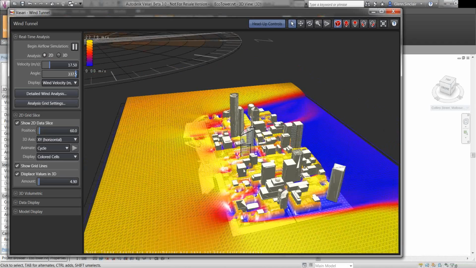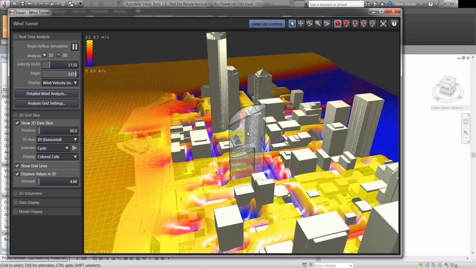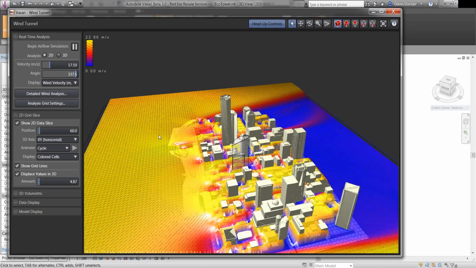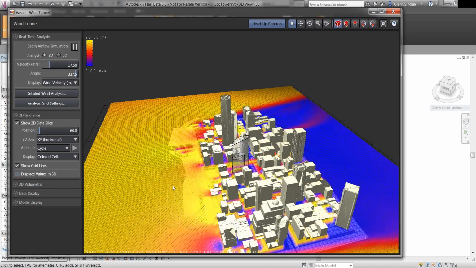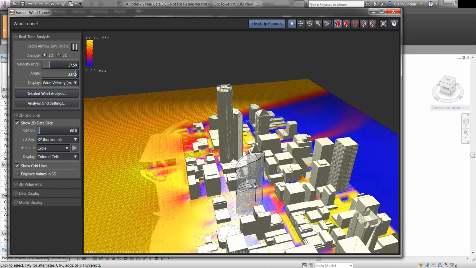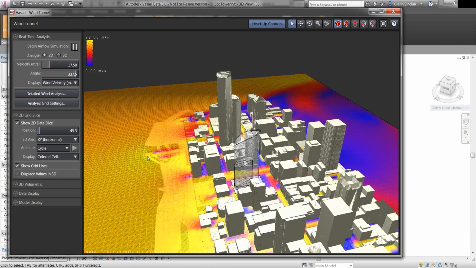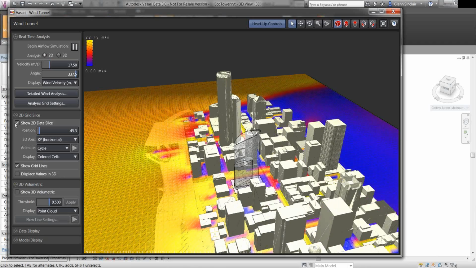potentially. Probably got too much context modeled here to see that overly accurately. But here we have, again, the yellow being the high wind speed, the blue where we are slowing it down and potentially affecting it with our project. If I take off the 3D there, you can kind of see a bit more of what we're talking about in context of our job. Go right down. 2D data is, sure, nice, it's great, but 3D volumetric is also available in a